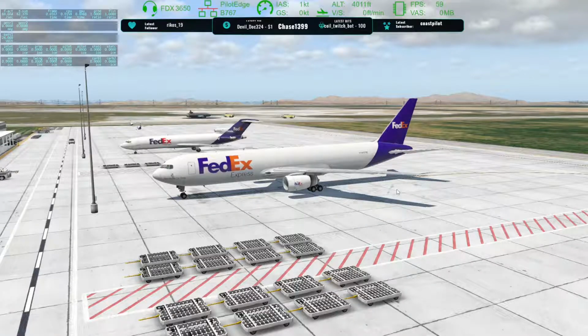Alright, so just spent the last literally 45 minutes updating this aircraft. I haven't flown it in months. But every now and then I look at the forums, check the updates, and it doesn't look like anyone's complaining a whole lot with this current version, which is the most recent. This is not a beta, this is the most recent release version of the Flight Factor